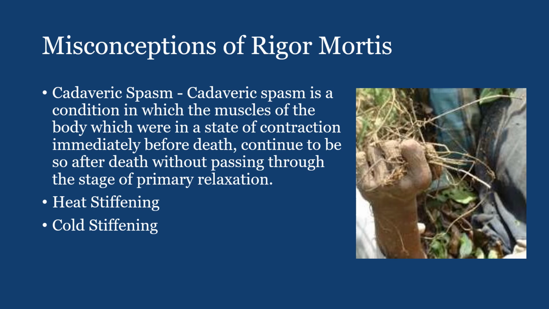So in cadaveric spasm, this is a rare condition where the person is holding something, and at that particular time the muscles holding it very tightly have already consumed all their ATP and the muscle is in the contraction position. Okay, so somebody is hanging on the mountain, holding rocks, and he fell down. While he is holding that, all the ATP molecules and all the glycogen in the muscles of his fingers are consumed, so the muscles are still in that particular stage,